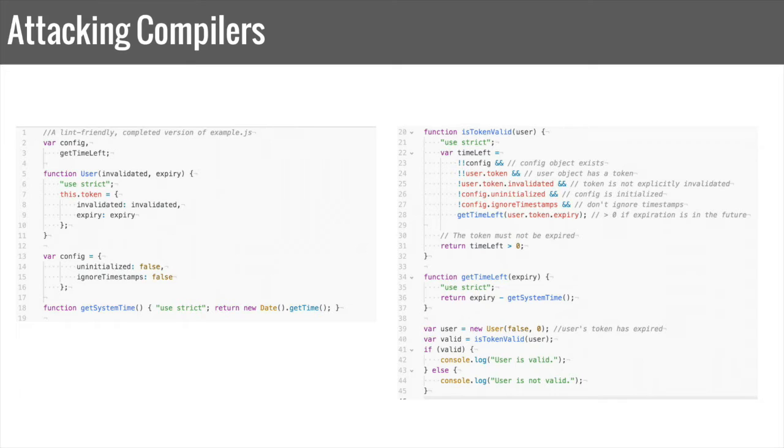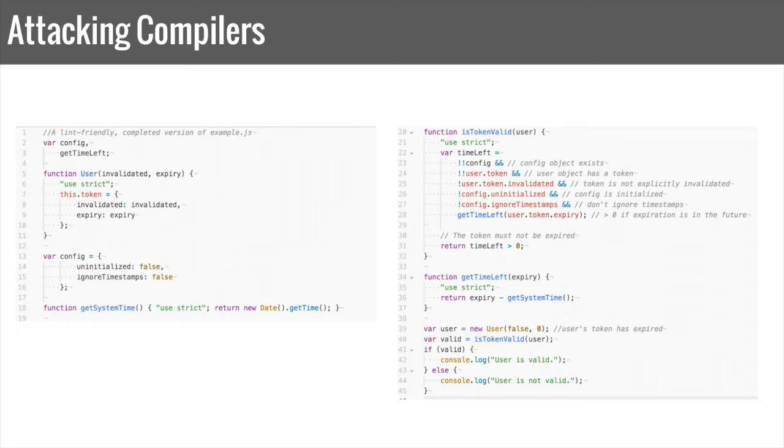The user is either invalidated or not, and it has an expiry date on its token, its authorization token. So if we go to line 39, we're creating a user. We're saying that no, their token is not yet invalidated per se, but actually there's only 0 time until the token expires, and so